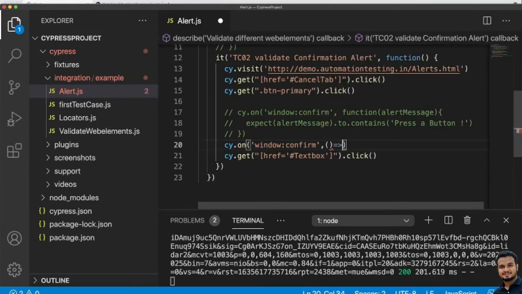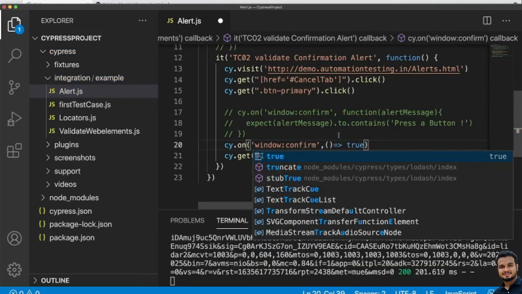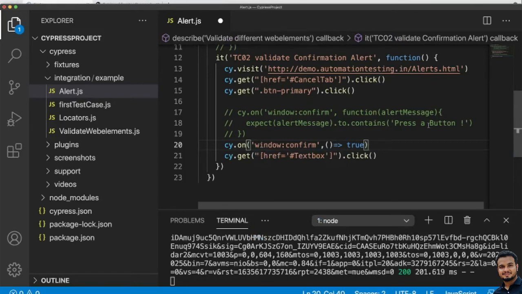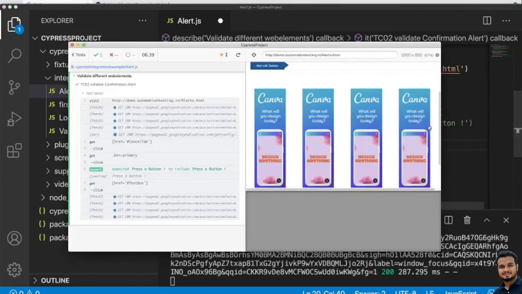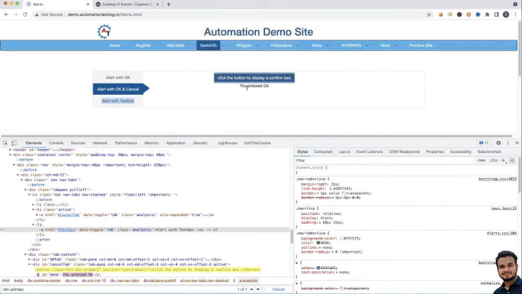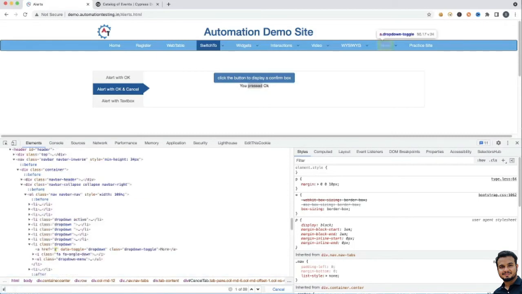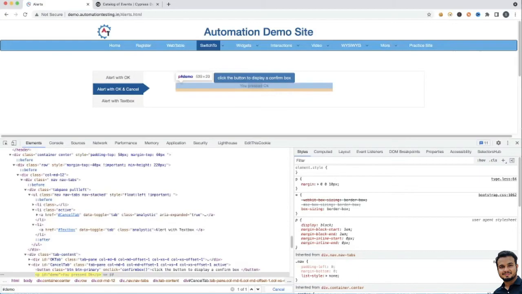Then you can write like this and you can tell it as true. So here what you are telling is, whatever the alert you are clicking here, you are clicking OK. Then you want to validate this, right? So let me inspect this, and here you can see id equal to demo. So we will use this. For the id we will use #demo.